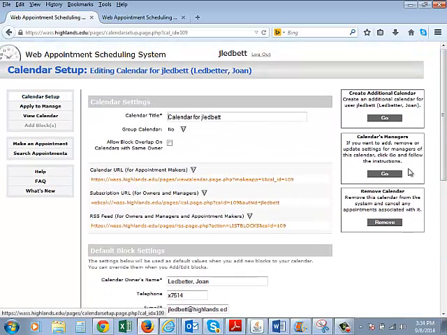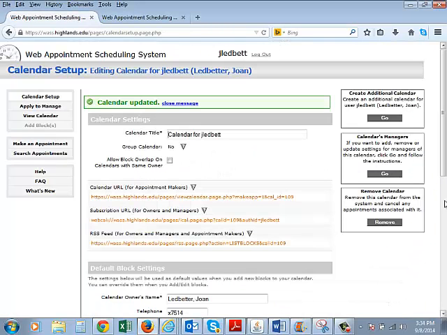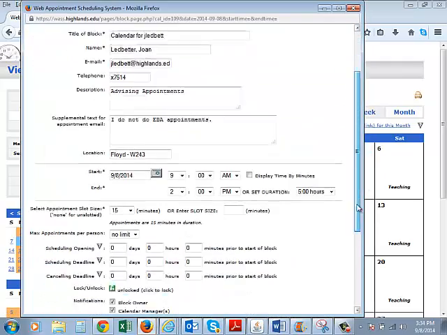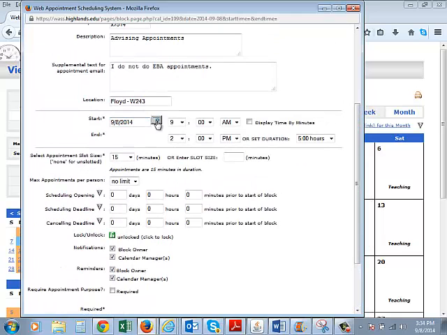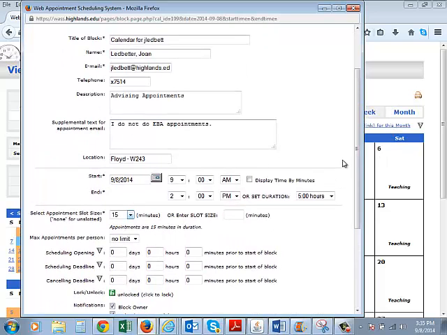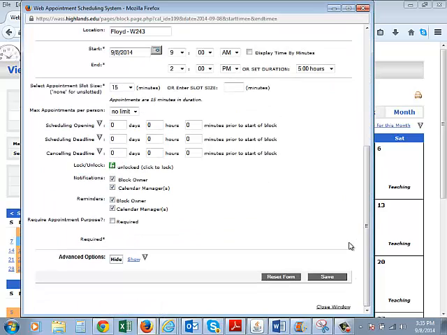Like I say, you just want to get it set up, have it on open. You save that, and then go in and set up your block. Once you get back on the calendar, you just click on add block, and you choose the parameters for how you want your appointments to run. Because if you want them 15 minutes apart, 20, 30, 60, you get to schedule that. You can do whatever days of the week, whatever time period, and email me, jledbetter@highlands.edu or advising@highlands.edu, and we'll be